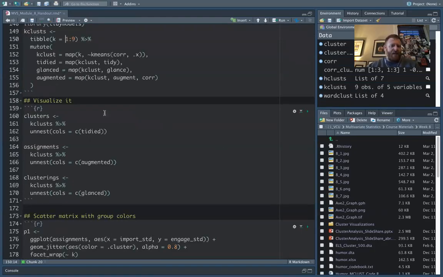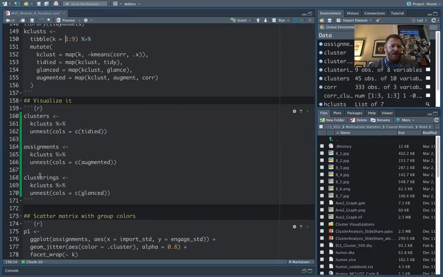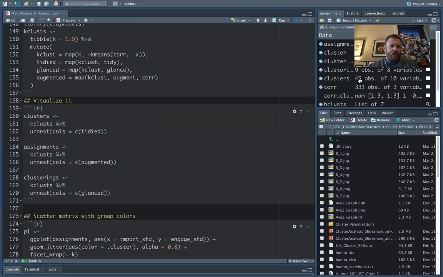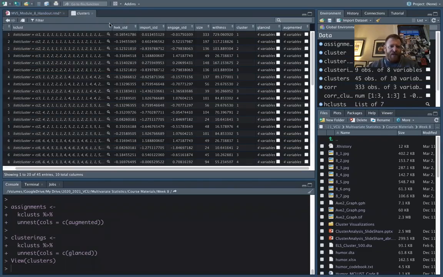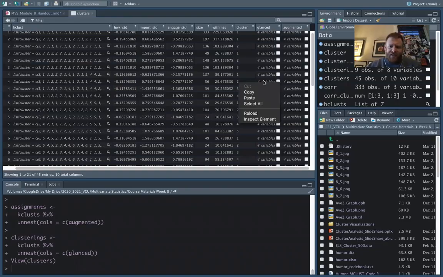And then we can unpack this a little bit. So we can get a clusters data set, assignments, and a clusterings. We'll just look at these really quickly. So the clusters data set, we pop that open. This is a data set that basically shows you the solution, so the cluster solution and the fit statistics and the variables that were included and the size of